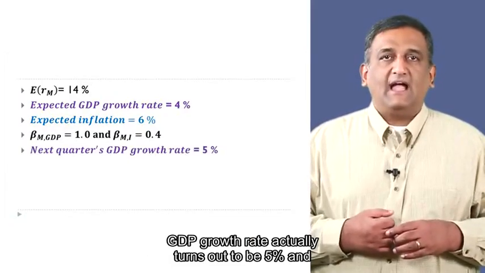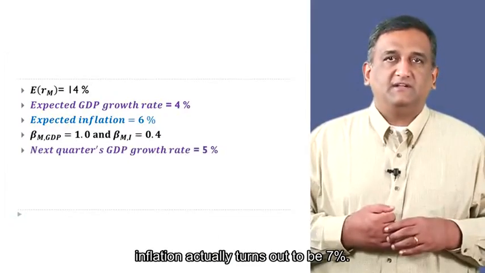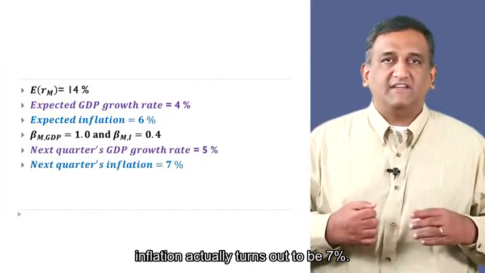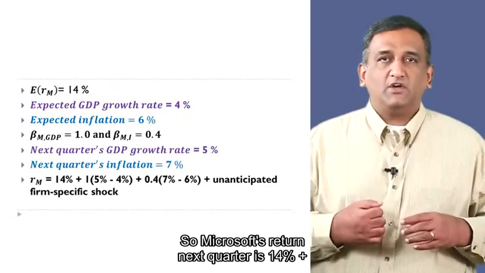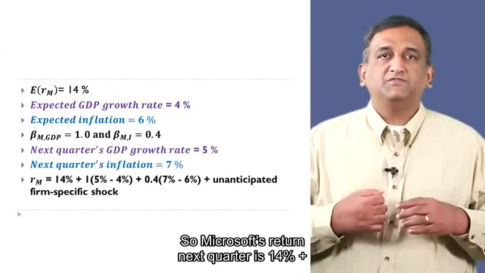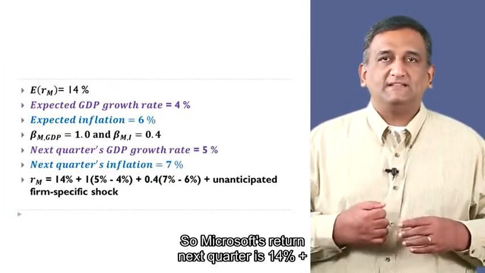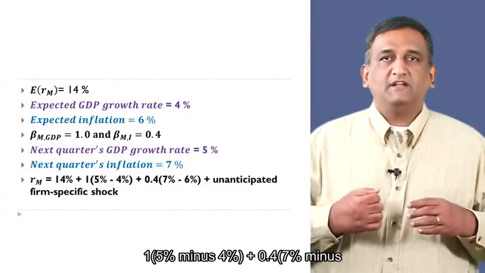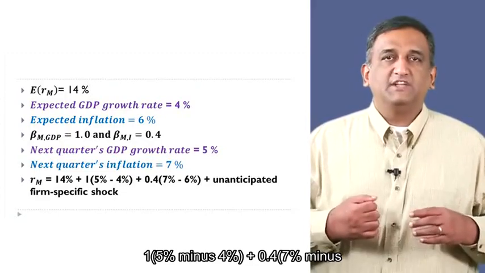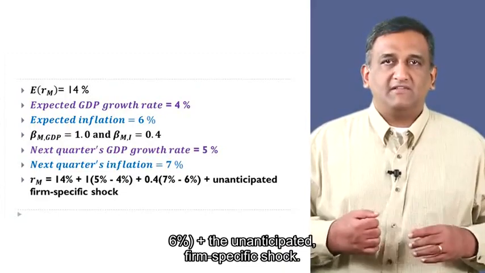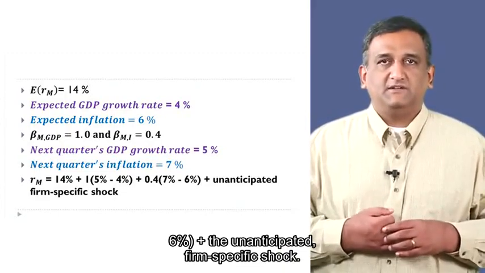GDP growth rate actually turns out to be 5%, and inflation actually turns out to be 7%. So Microsoft's return next quarter is 10% plus 1 times (5% minus 4%) plus 0.4 times (7% minus 6%) plus